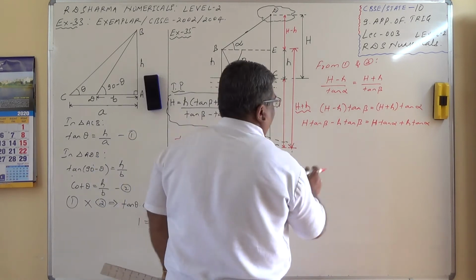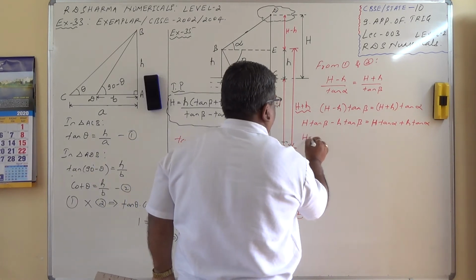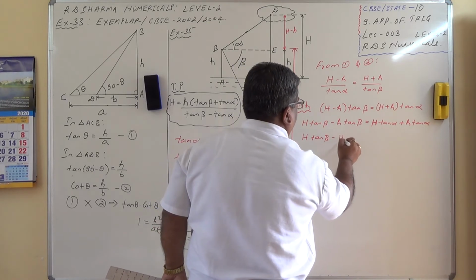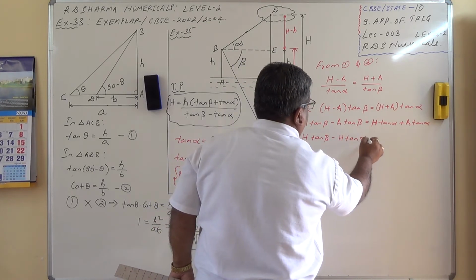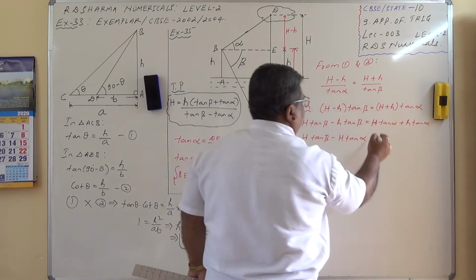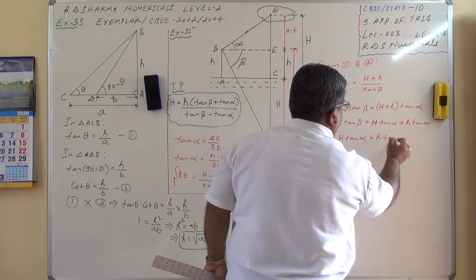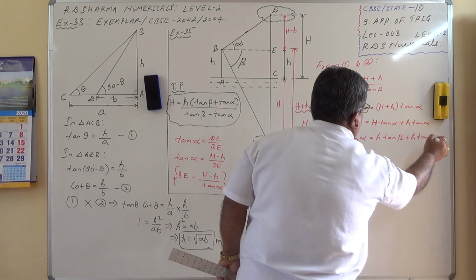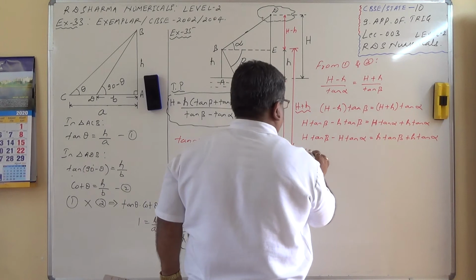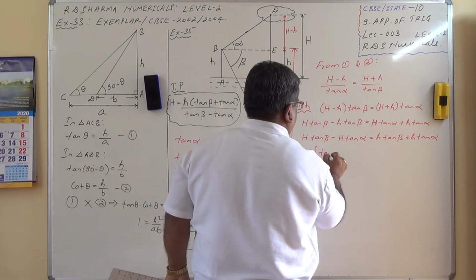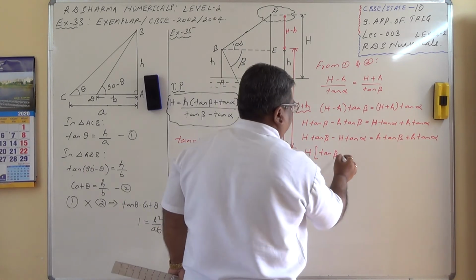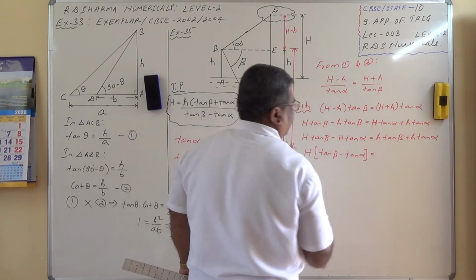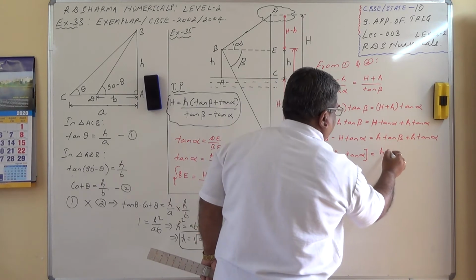Now it is very clear. So H tan beta minus H tan alpha equals, transpose this, h tan beta plus h tan alpha. Take common: H into bracket tan beta minus tan alpha equals, h is common, small h into bracket,